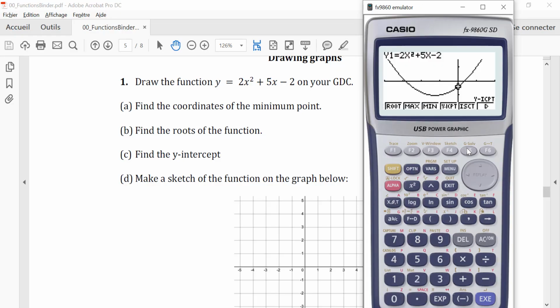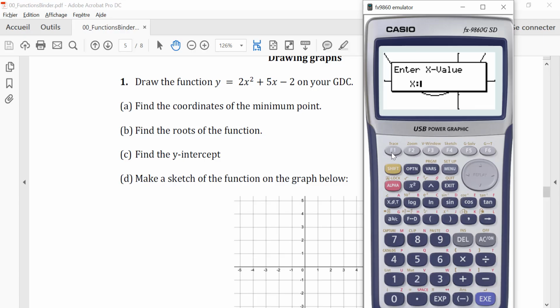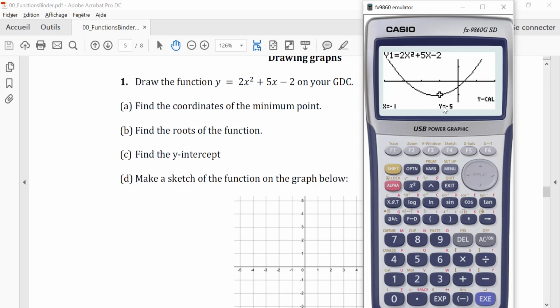Intersection would be useful if I had a second function. I'm going to do that in a minute. Here I can calculate a y given an x. So let's say that I would like to know what's the value of the function when x is equal to -1. Let's do that, and it tells me that's -5. Other way around,